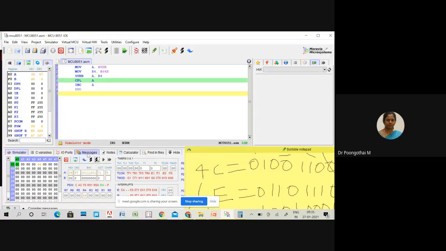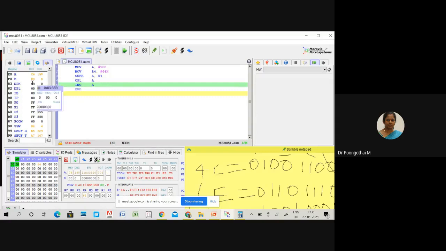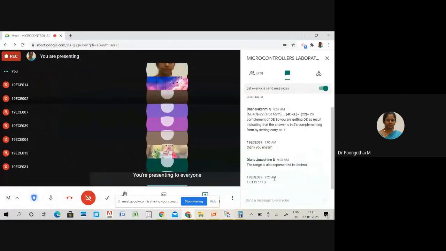This is not an exact answer. Here you can see your overflow flag is set to 1 to indicate the result is exceeded. And next, I am complementing accumulator. The answer is C6, which is equivalent to 198 in decimal. So the answer is 199, C7. But we cannot conclude whether this number is positive or negative. So that is the difficulty while we are incorporating these two instructions. Is that clear, ma'am?